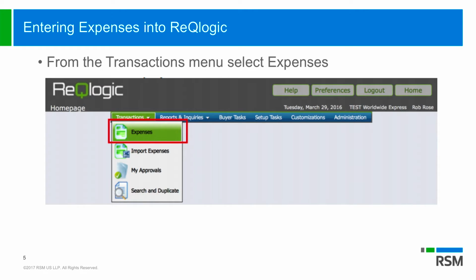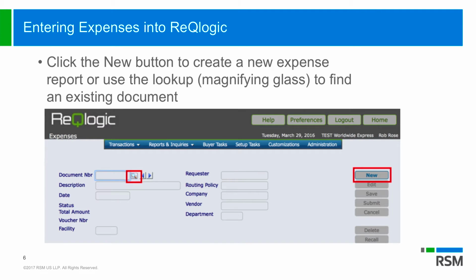To begin entering expenses or append an existing document, use the Transactions menu and select Expenses. If you're creating a new expense report, click the New button on the right-hand side of the screen. If you're appending an existing document, use the lookup or the magnifying glass to find and select your unsubmitted expense